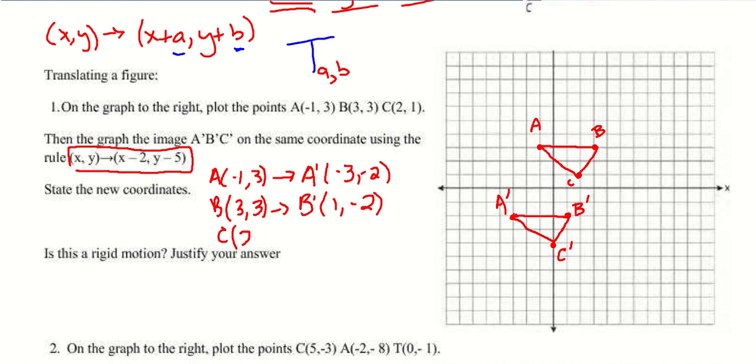So the next one is 2, 1 for C. And so C prime is going to be 0 and then -4. And we can check that that's right, and we're good. Is it a rigid motion? We're going to write yes. And the reason why is